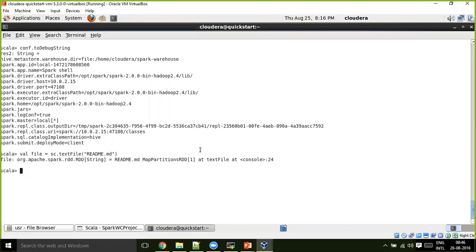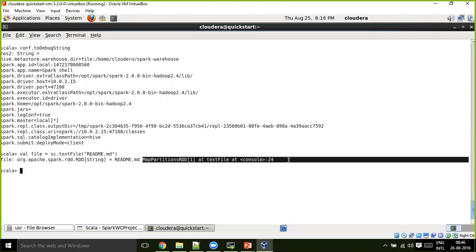Each line is treated as one string, and that way it became a collection of strings, an RDD of strings. For now, at least, don't worry about the right side part of it. I will explain the different types of RDDs again, spending one more slide on that.